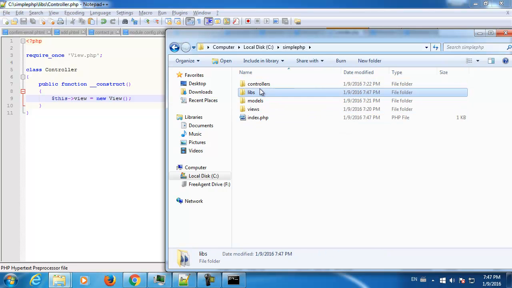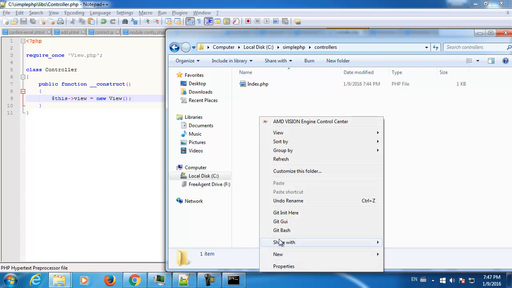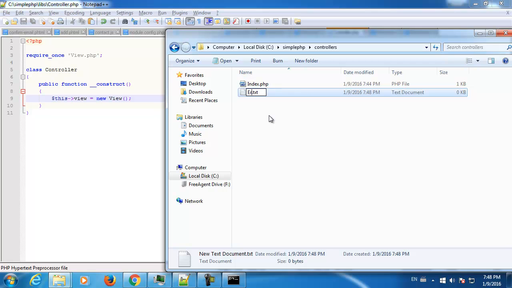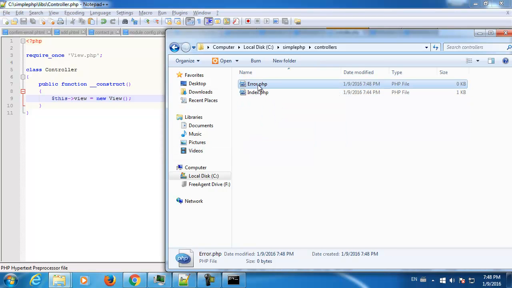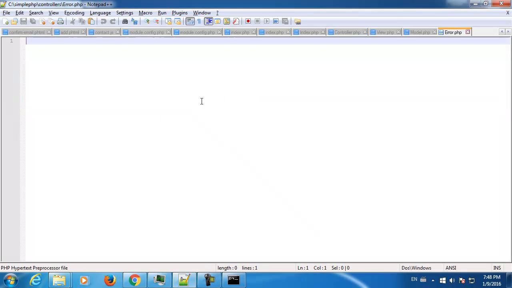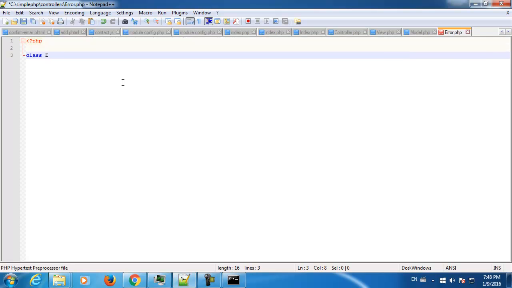Okay, so for the controller, let me go and create error. Simple PHP controller error. Yep. Error PHP. Of course, I can add the word controller as they do in Zend, for example, or whatever. PHP class error